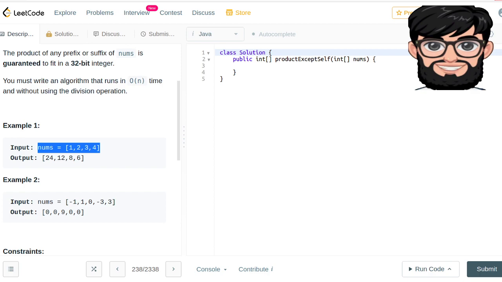So if we have been given 1, 2, 3, 4, the answer is going to be 24, 12, 8, and 6. Okay, so our algorithm is going to be very simple. If we have been given 1, 2, 3, 4, we are going to have the answer just thinking that we have elements on the left hand side. So in the first iteration, we're going to be calculating the product of every single point, just thinking that the elements are on the left side. And in the next iteration, we're going to take the products from the right hand side,